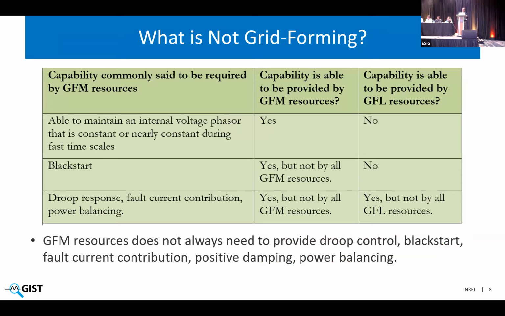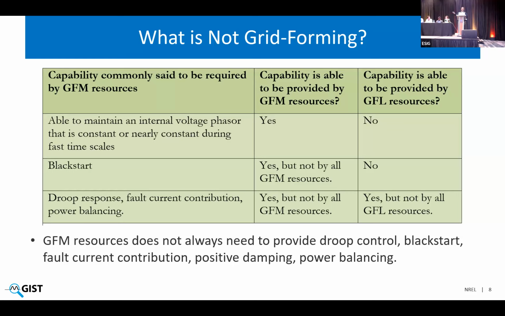Really, grid strength is about voltage stiffness, or basically the ability of an IBR to hold its voltage constant. That's how we define grid forming, right? So the core grid forming functionality, I would argue, is basically the voltage source behavior in fast time scales. The reason I'm putting this jarring title, "what is not grid forming," is just to make the point that other functionalities like black start, short circuit current contribution, primary frequency response, and power balancing are all good to have, but they are not really what helps the grid strength.